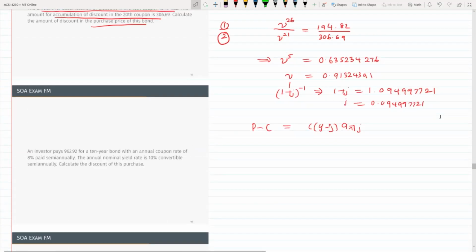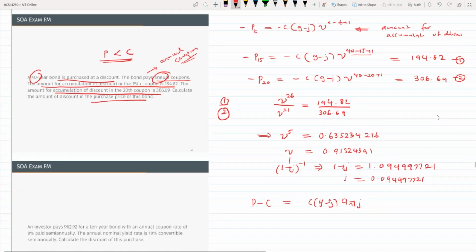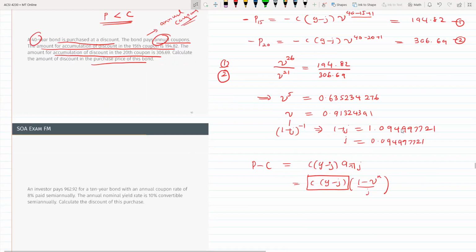Okay. So let's calculate this one. So I need C times G minus J. What is A and J? That's 1 minus Vn over J. Okay. So I need this quantity and I need Vn, I need J. V and J I already have, but I need C times G minus J. So let's go to equation 1. From there, I know that one. I know that C, negative C times G minus J V to the 26 equal